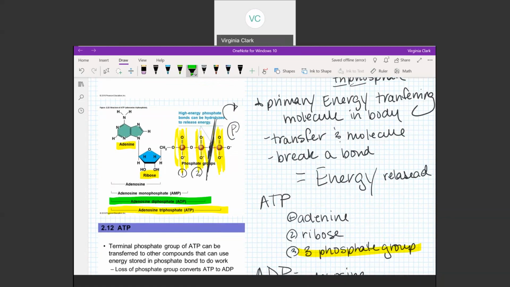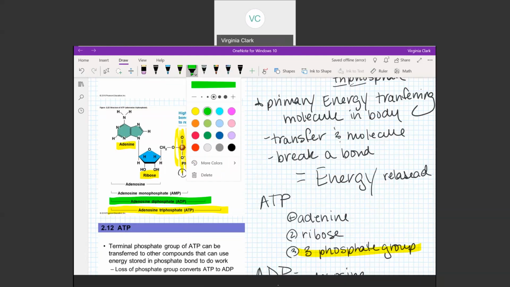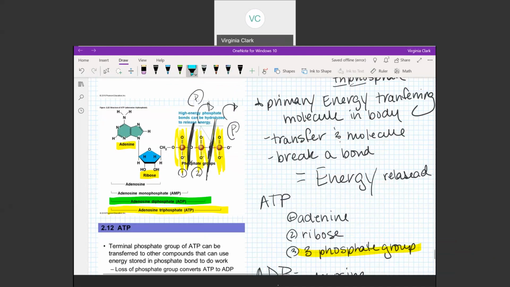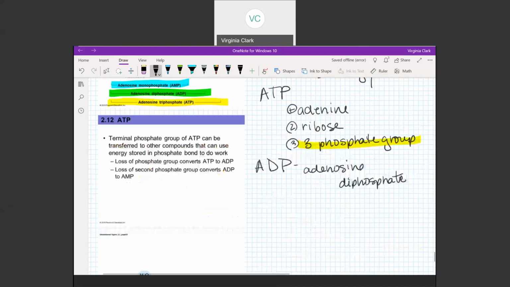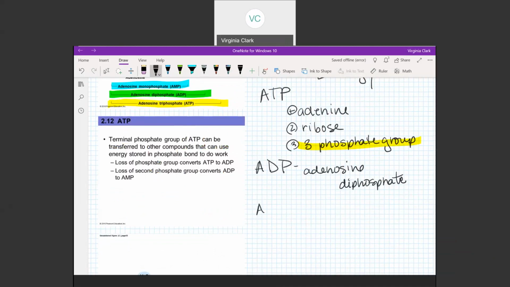You can also lose one more. You can break another bond and have another phosphate group pop off. And if you do that, you're not going to be tri or di, you are going to be mono. You will be adenosine monophosphate, or AMP. Adenosine monophosphate. So you really only do ATP to ADP usually, but you have the ability to lose 2 phosphate groups. So the terminal group of the phosphate of the ATP, so it can be this guy right here as the terminal,